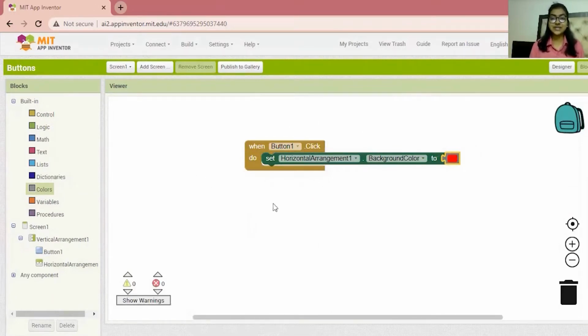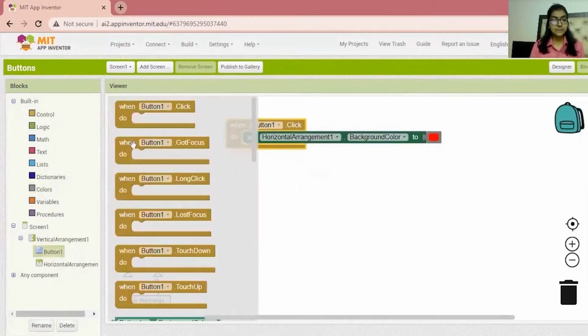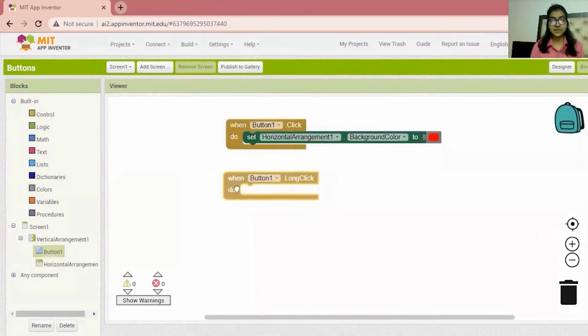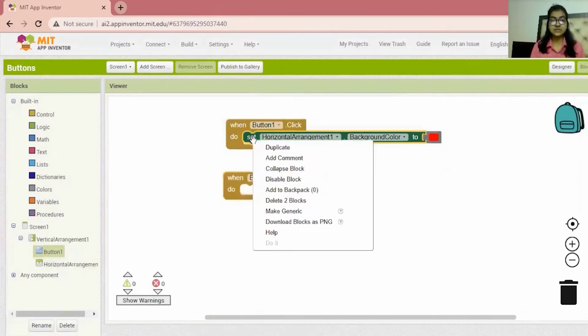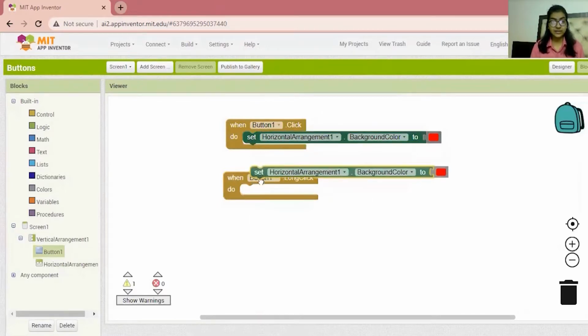Now we need to create it for the long click. We'll again go to button 1 and select this option. Instead of going to the horizontal arrangement, we can right click on this green block and click on duplicate, and we'll get the same one.